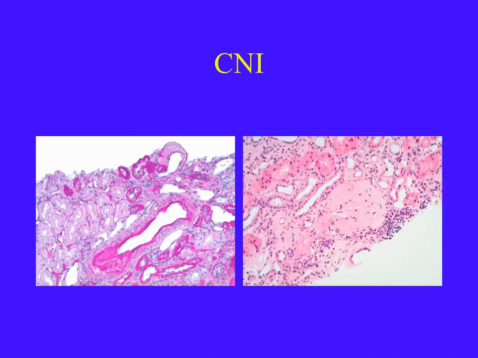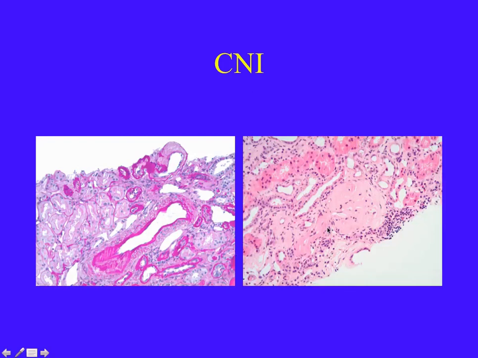Cyclosporin may also cause injury in the vascular channels of the graft and may result in delayed or chronic graft dysfunction. You can see here in the picture on the left, this is an artery that shows nodular sclerosis and hyalinosis on the PAS stain, which is a strong indicator that we are dealing with probably CNI chronic toxicity in this